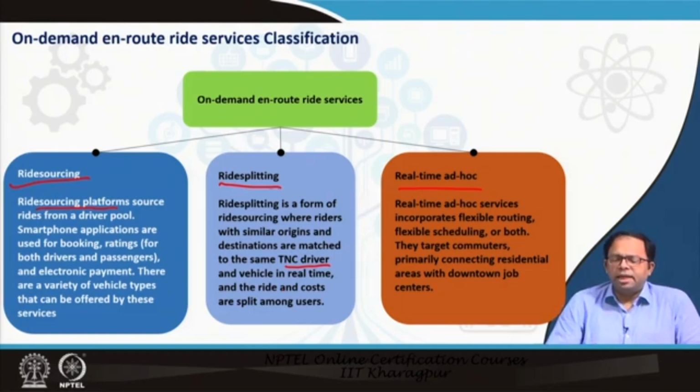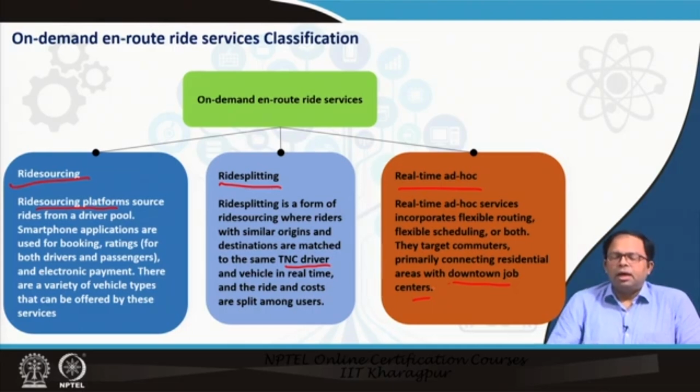And finally, there are real-time ad hoc services, and what it means is it incorporates flexible routing, flexible scheduling, or both, and they target commuters primarily, connecting residential areas with downtown job centers. So what they do is like the shuttle services provided in India. You can demand a particular service, saying you want to go to the office at a certain time period of the day, and accordingly a bus will come and pick you up and deliver you to that particular location. Now you will share the ride with many people, so automatically your cost will come down, but